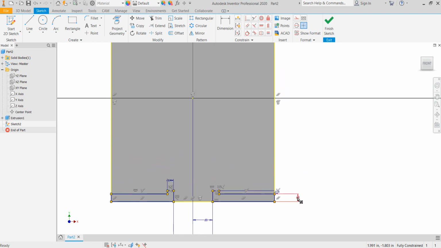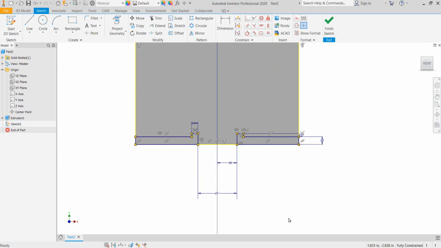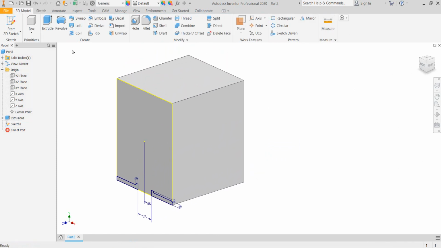For this one, you'll have to do the math to get from your total overall heights to the height of the object in the rear. These, according to the book, this is not half of this. Okay, so it doesn't matter which tolerance we use. It's not symmetrical, if you will. So use the dimensions in the book, and pretty much everything here I'm going to use the lower limits on the dimensions. So you'll get those in, make sure you're fully constrained, and then we will extrude